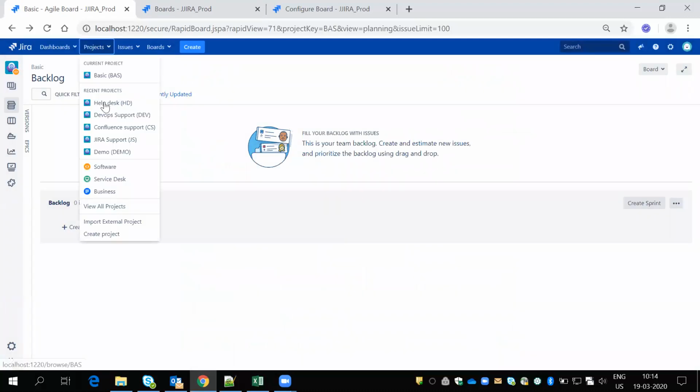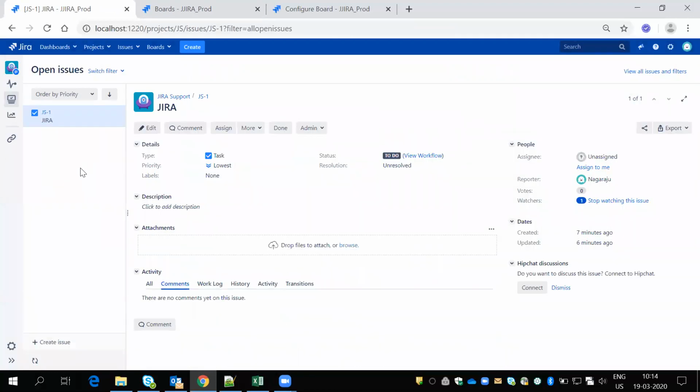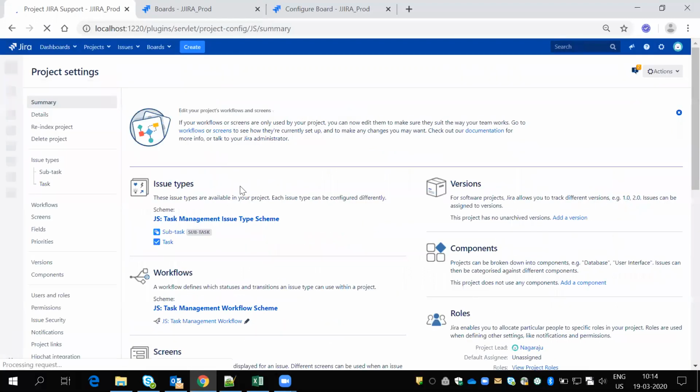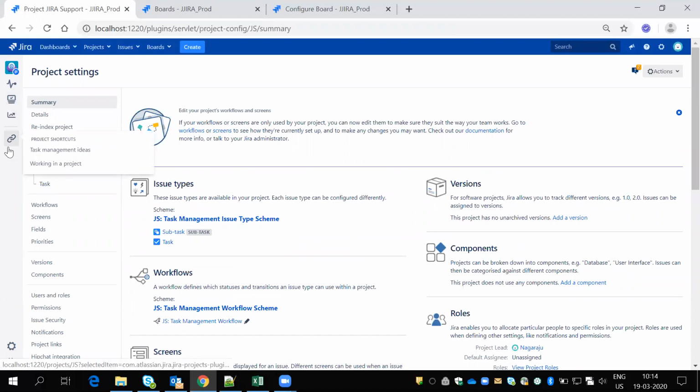Suppose you see, I have the Jira support project, which is a normal project. These are business projects. In a business project, if you see the configurations, everything is the same. There is no difference. Issue types, workflows, screens, everything is the same. But the left side options are very few. If it is Scrum or Kanban, we have lots of options like components, releases, versions, backlog, sprints. If you come into business, only issues and reports are available. That is the only difference. If you want to add any issue type, workflows, everything is the same.